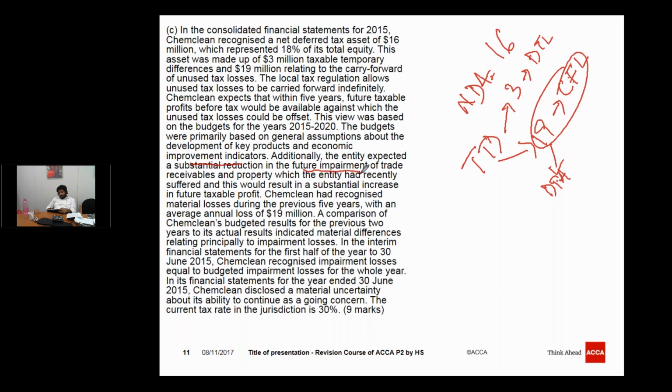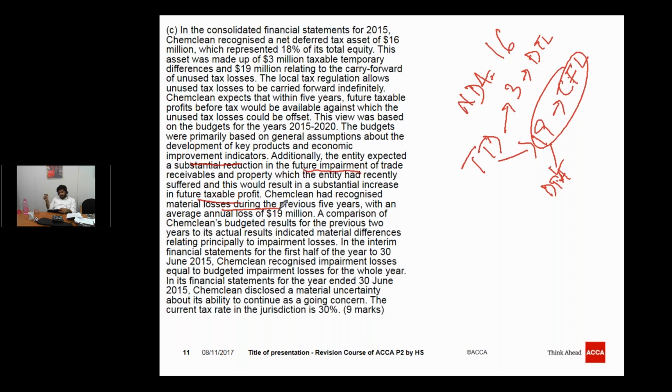And this will result in substantial increase in the future taxable profits. So the calculation of the future is totally based on some assumptions. ChemClean had recognized that material loss during the previous 5 years. So now here we have got the evidence that in previous 5 years you got the loss. So how can you say that you will be in profit in the future, because IAS 12 wants convincing evidence about the